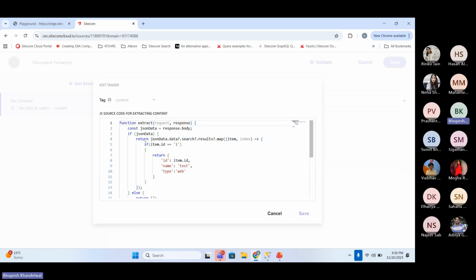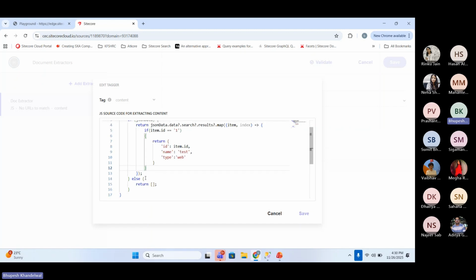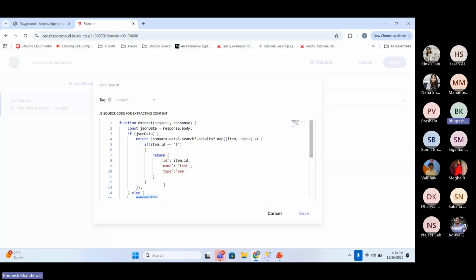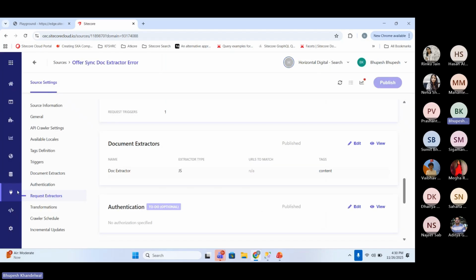Suppose I have some condition here. If this item ID is equal to this, or any condition here, then only it should return. Now we need to place an else condition for this, because it is supposed to return either the whole data or a blank array. If I do not have the else condition returning the blank array, then I can come across this error in the document extractor as well,